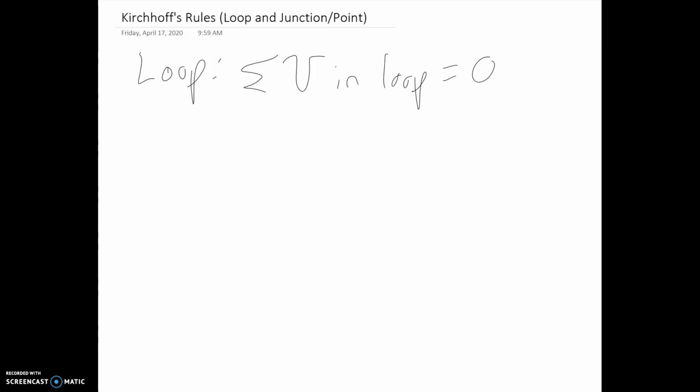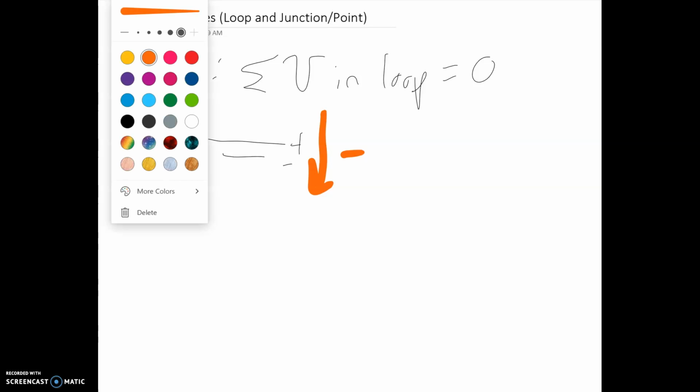Remember that if here's a battery, here's the plus and the minus. If you go this way across the battery in your loop direction, that's positive. But if you go this way in your loop across the battery, that's a minus. And in your loop, if your loop crosses the, let's say